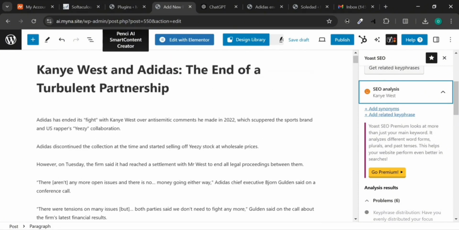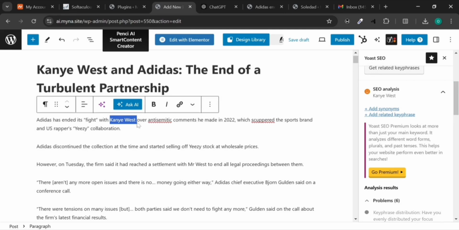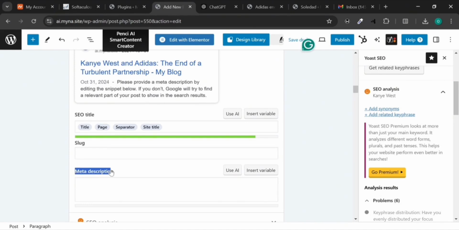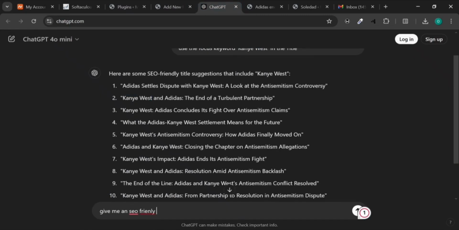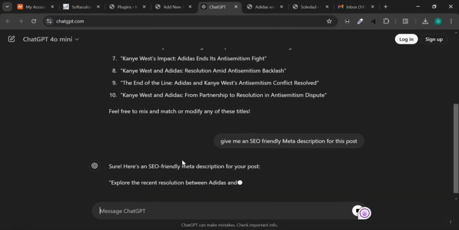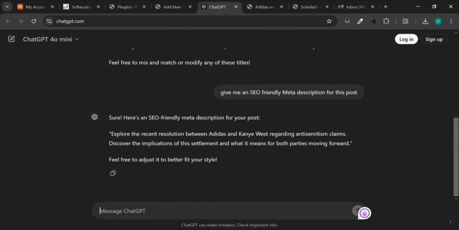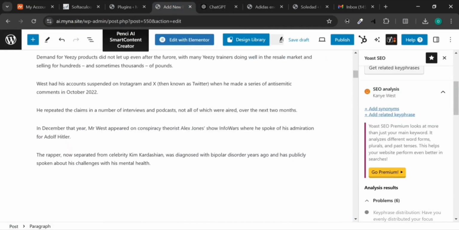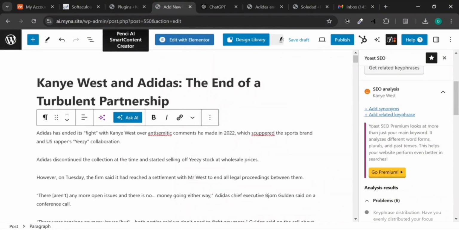All right. But before that, what I want to do is, now I want to get a meta description. All right, so I want to get the meta description. I would just come to ChatGPT and just say, now when you're giving meta description, your meta description should literally start with your key phrase. Okay, let's see what ChatGPT will give us. So the meta description it's giving us is not that cool. Okay, so what I would do is I would just, from this,